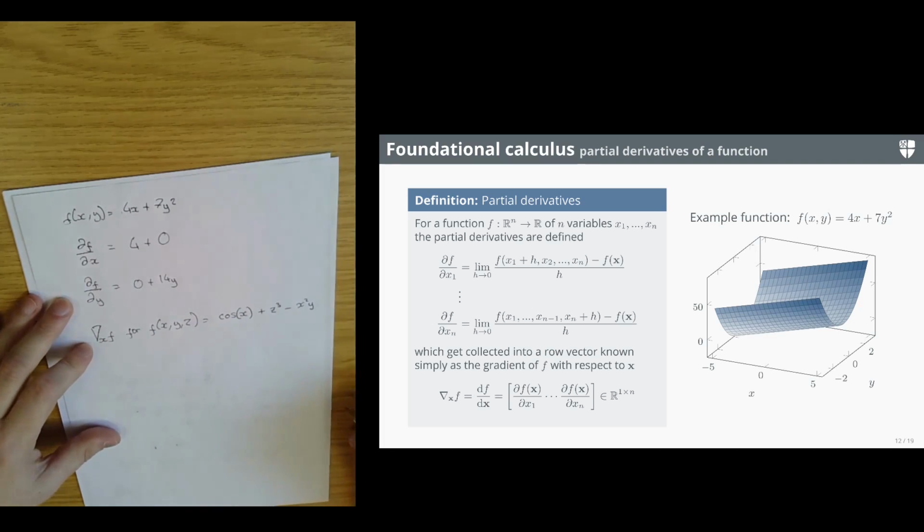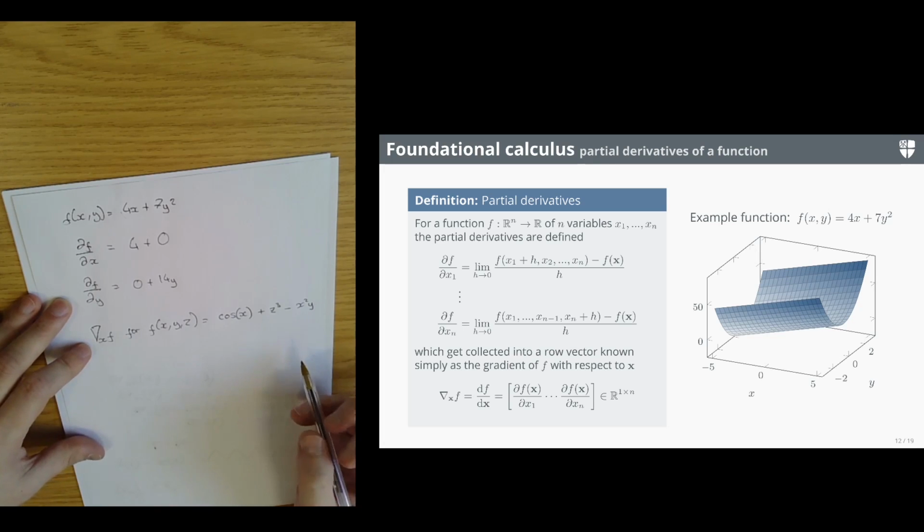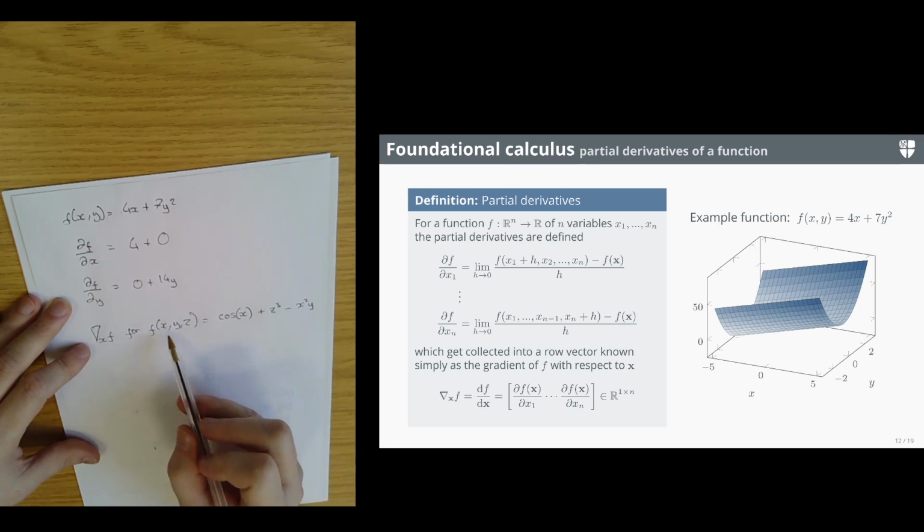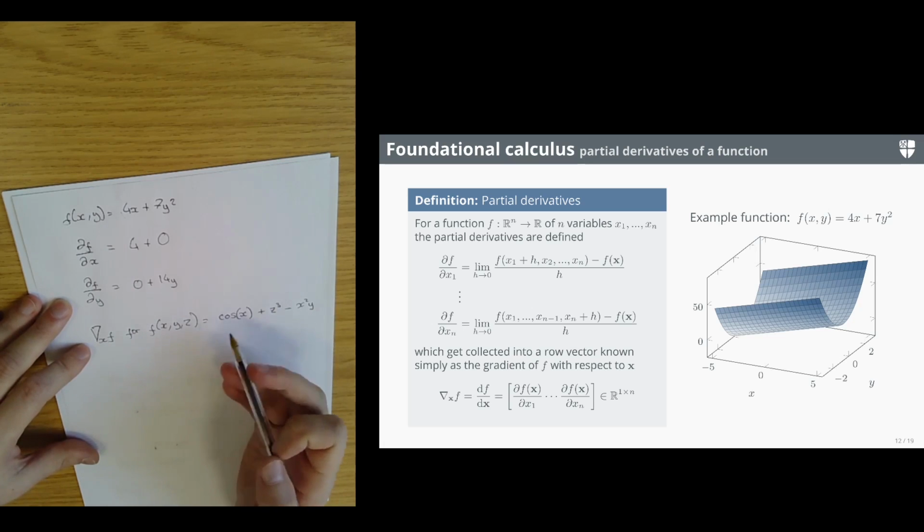So you might want to pause the lecture here and see if you can have a go at this yourself. But it has 3 inputs, so it admits 3 partial derivatives,